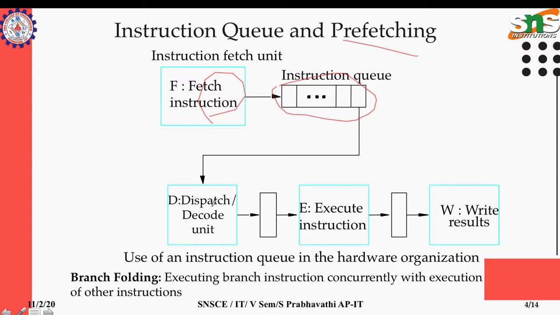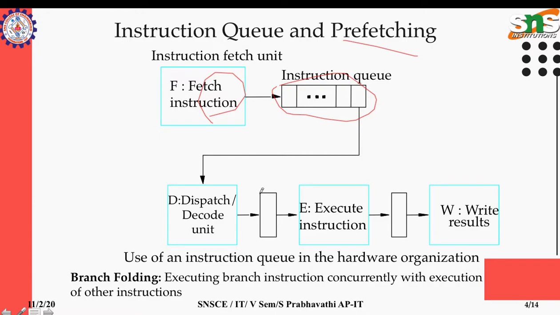Because of prefetching, the instruction unit, apart from fetching the instruction, will also check whether the instruction is a branch, and if so, it will calculate the target address. If the target address is known earlier, we could avoid the stalls in the pipeline. That's the logic behind it, and the remaining stages go as usual. I think we have covered all those: the execution stage, write stage, and the intermediate buffers are there.